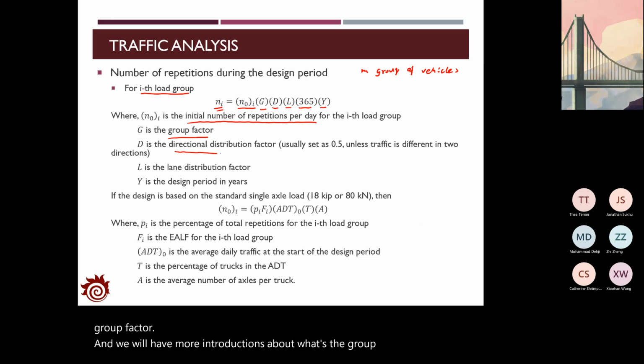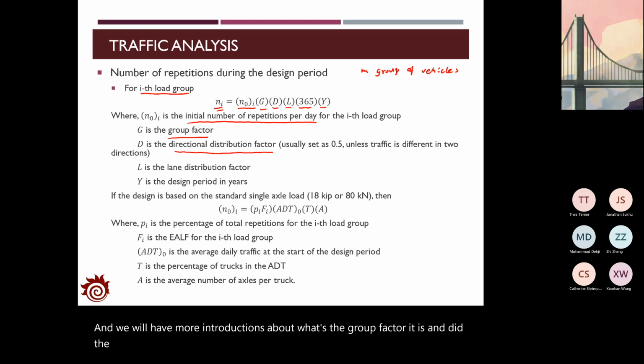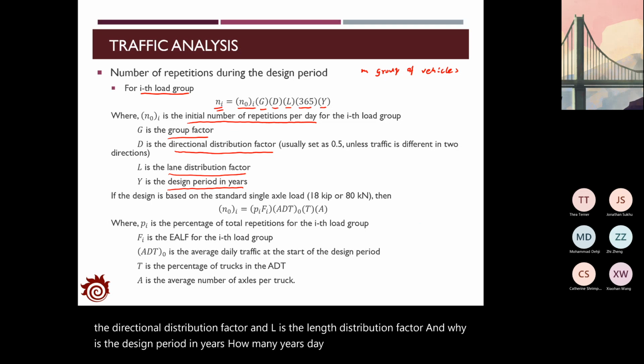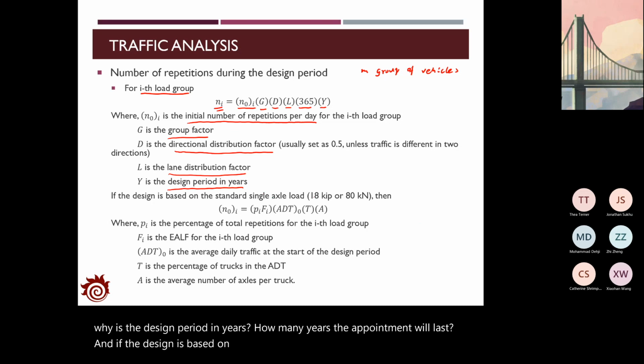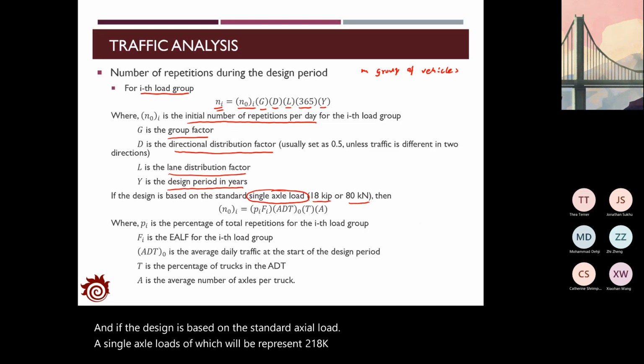And D is the directional distribution factor, and L is the length distribution factor, and Y is the design period in years, how many years the pavement will last. And if the design is based on the standard axle load, a single axle load, which will be represented as 18 kilopounds or 80 kilonewton, then we can